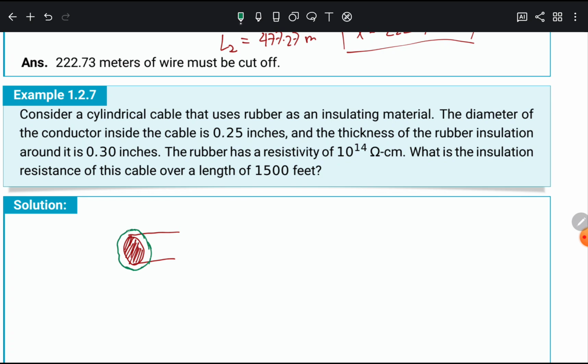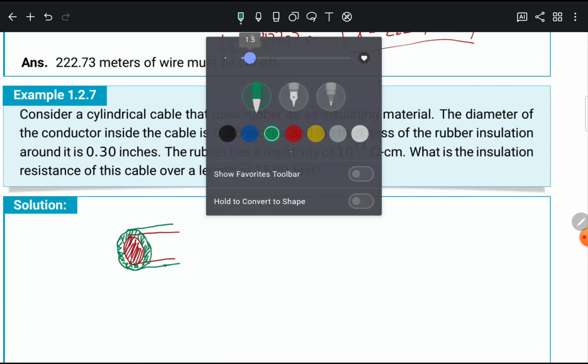That should be an insulator. It can be a plastic, can be a thermoplastic, and whatever, as long as this is an insulator. Now, if we want to solve for the resistance, the insulation resistance, if you look at this case,